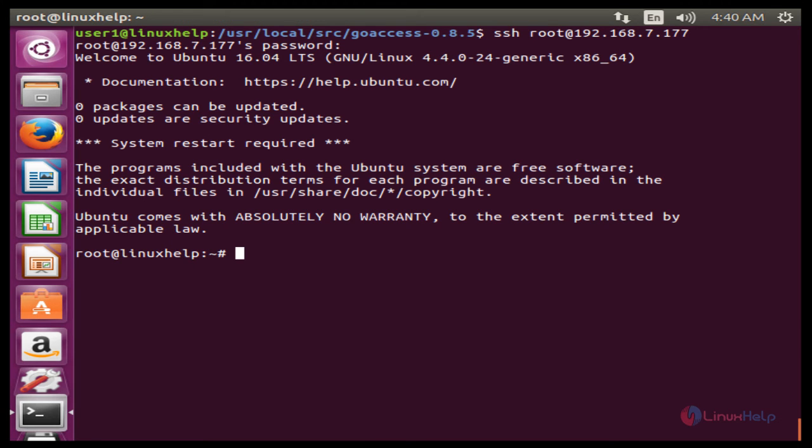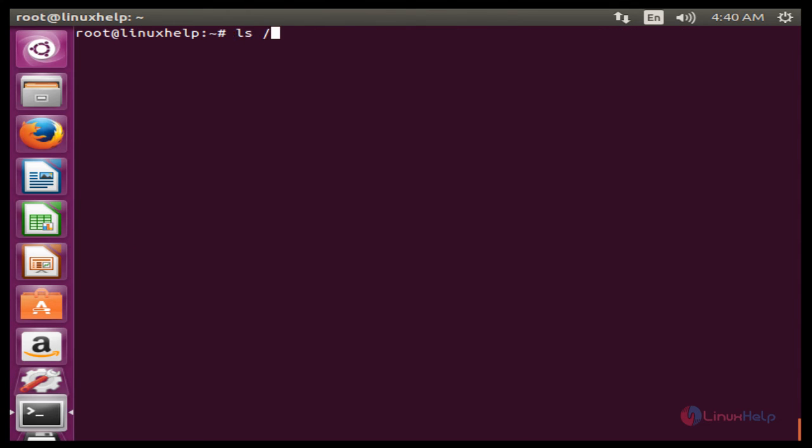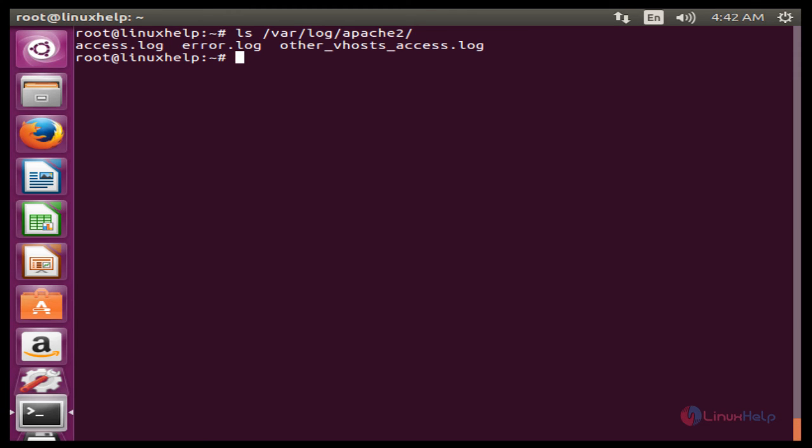After entering the root user, we need to list out the Apache log files stored in the directory /var/log/apache2. The command is ls /var/log/apache2. Now enter to list out. Here the Apache log files are access.log, error.log, and other_vhosts_access.log.